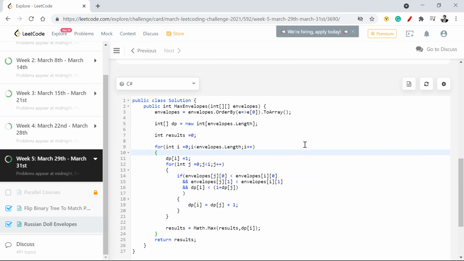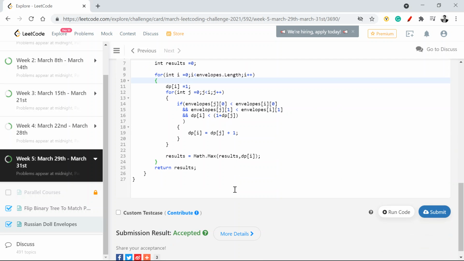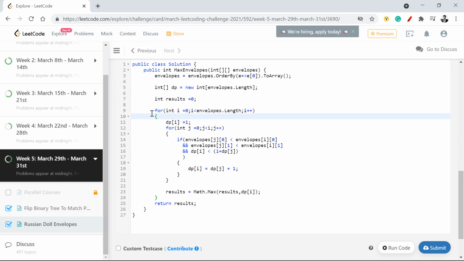It got accepted, right? If I talk about the time complexity, it will be O(n square), because we are doing a loop inside the other, and in a way we are looking at both the values in parallel, right? We are kind of going through each and every value. So in the 2D arrays, that will be n square. And if I look at space complexity, that will be O(n), because we are using an extra array to store the values and see which one of these is going to give me the maximum results or not, right?